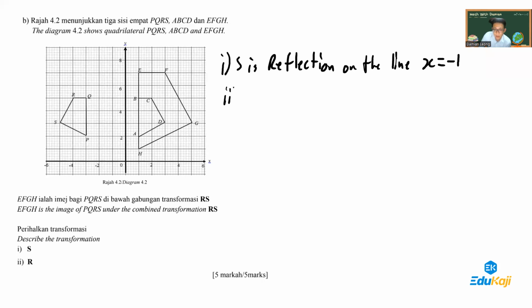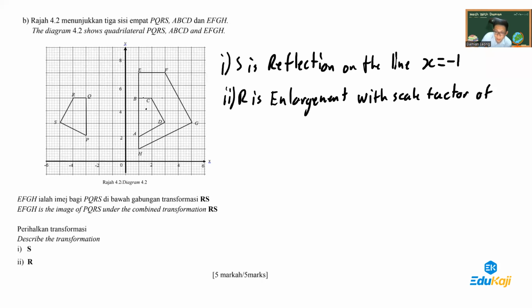And R is from this to this, change size, so it's enlargement. Enlargement, we need scale factor. We compare length, this becomes this, basically double the size, so scale factor of 2, at